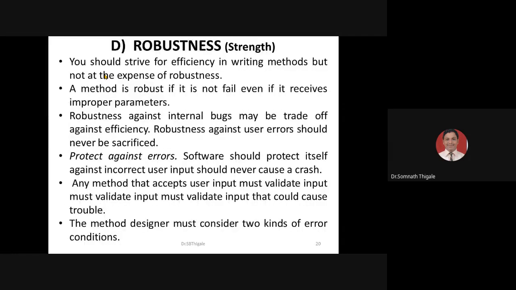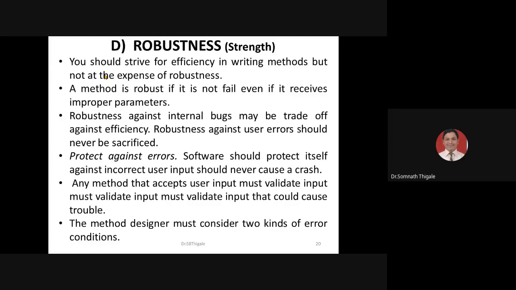Okay. Now I'm talking about robustness, as the name suggests. Robustness is nothing but strength, hardness. You should strive for efficiency in writing code, but not at the expense of robustness. Efficiency is also there, and robustness when so expected. A method is robust if it does not fail even if it receives improper parameters.